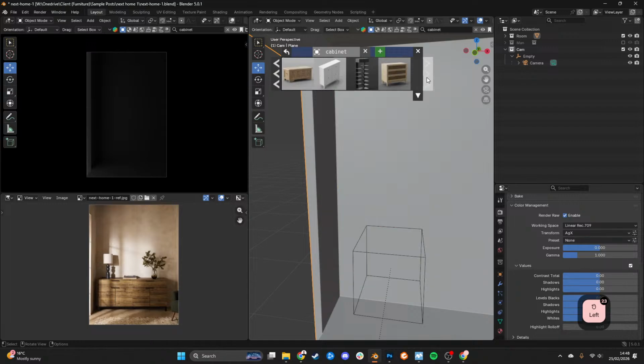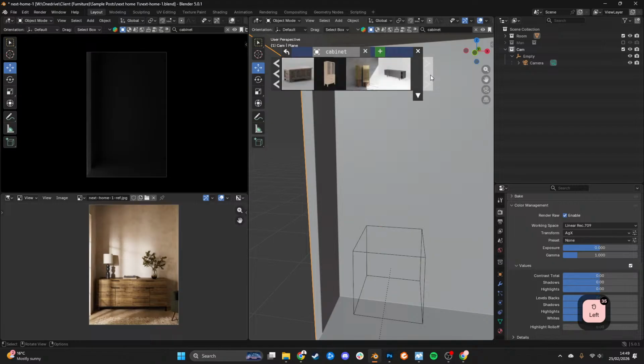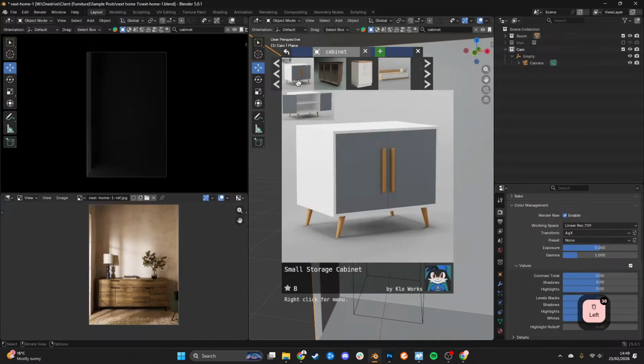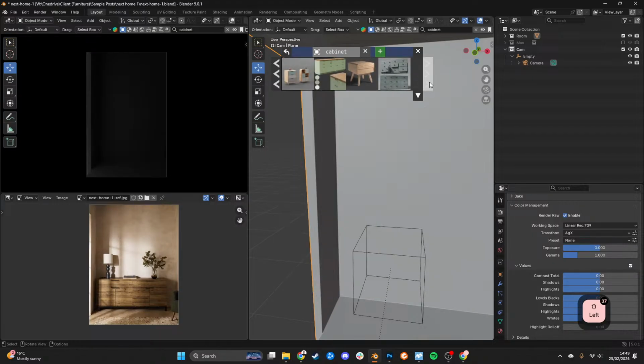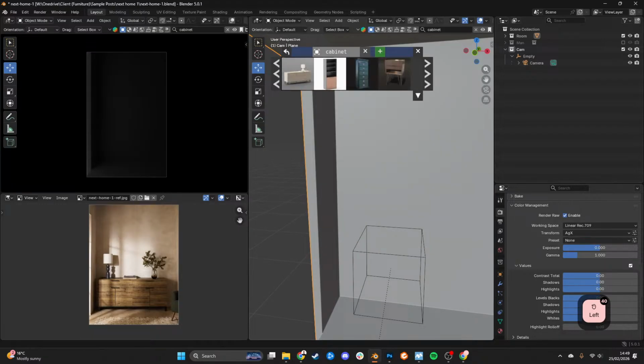Nice chest as well. This one's quite good. I've seen some decent ones so far, nothing that's super similar though. So we can even decide to just model it or just continue with something different. Depends if we want the focus to be more on the lighting, or if we want it to be